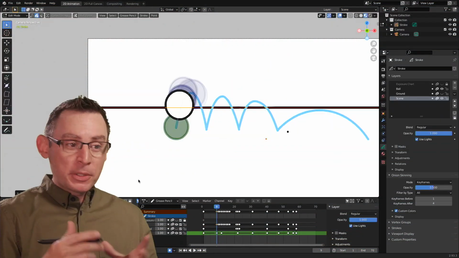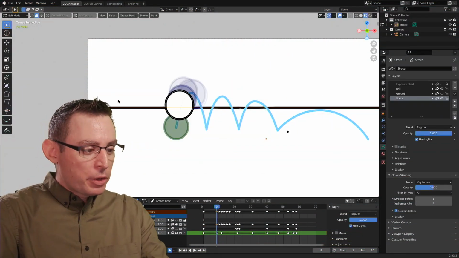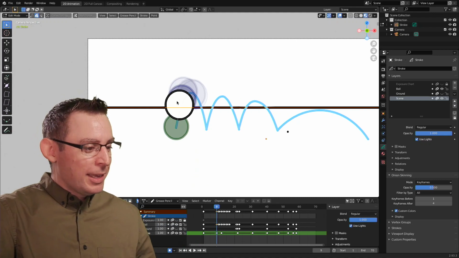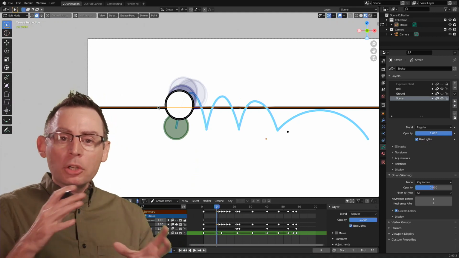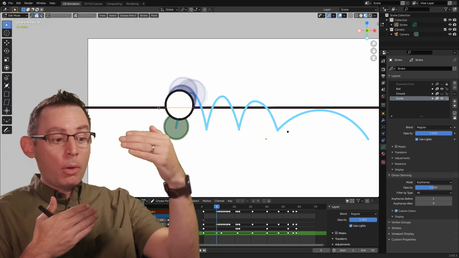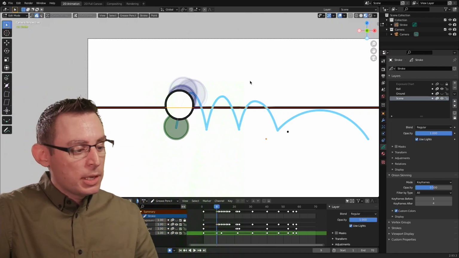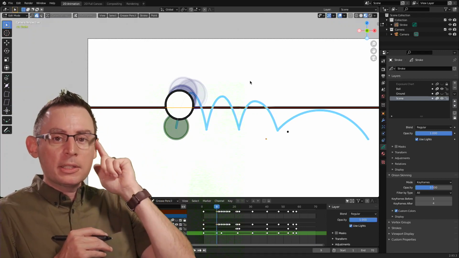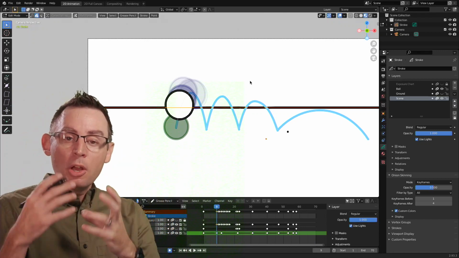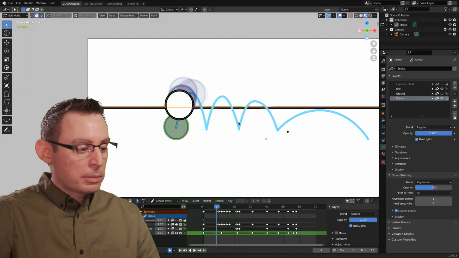I want to go in and start making some refinements to my drawing. Specifically, if you look at what I've got going on here, the horizon line for my drawing is the exact same thickness as the stroke that represents the ball. I want to start changing that to visually break up all the different planes inside of my drawing, just to give it a little bit of separation, to push the horizon line way off into the distance and thus create my attention on the foreground object, in our case the bouncing ball.